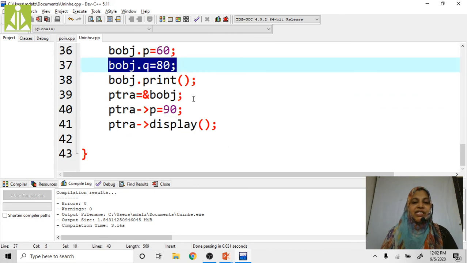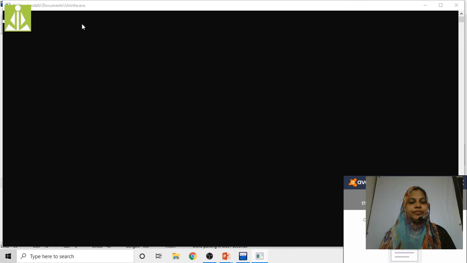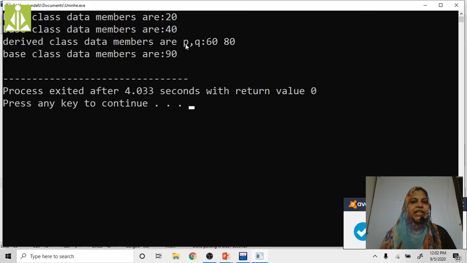But whenever we assign the address of bobj to ptra, we can't access the q variable. We can't access the q data member. Why? Because the q data member is the data member of its derived class. Right? Run this one. 20, 40, p comma q, 60 comma 80, or 90.